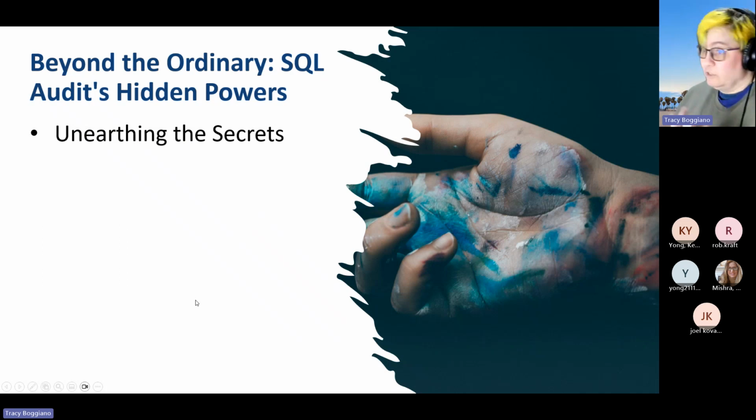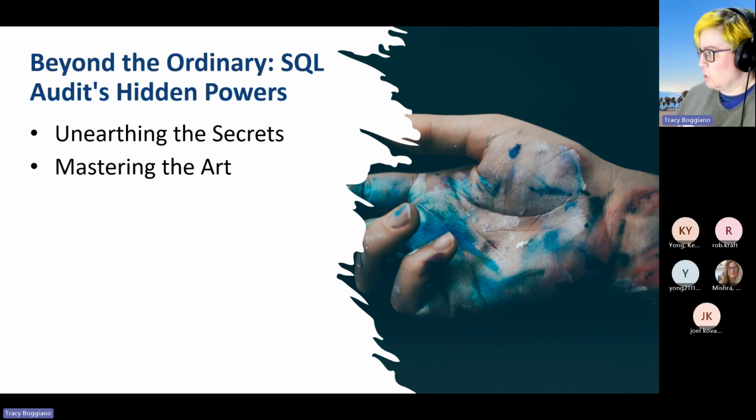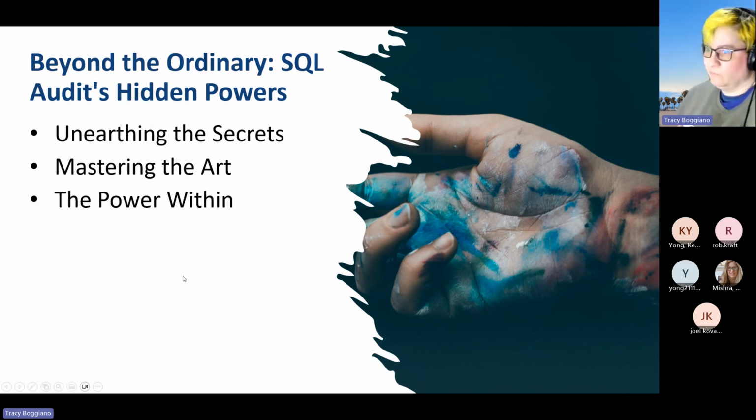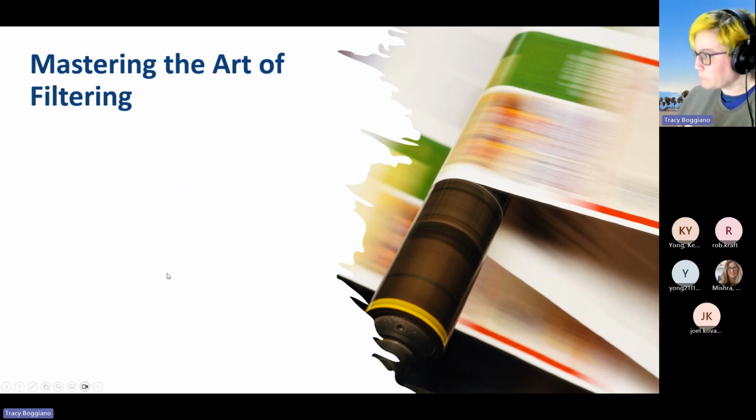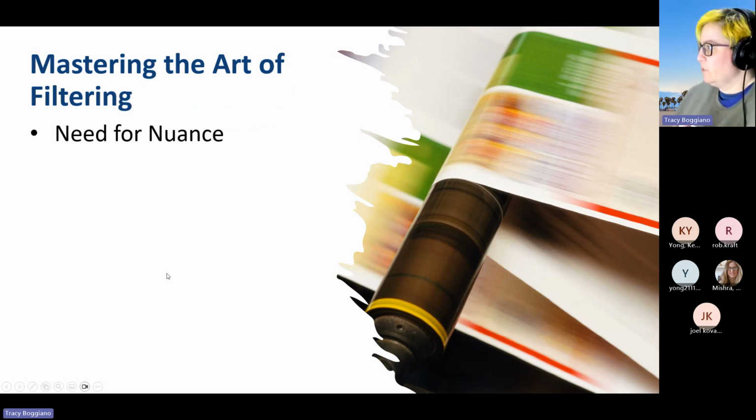One way is we're going to look at unearthing some of the secrets that make it powerful, which is mostly around filtering and how to do that. And we're going to master the art of that, and we'll see what some of the power within that is. Hopefully all that makes sense. So one of the things we notice is SQL Audit has some hidden talents, and one of them is in the filtering. So we think of this as a superhero's precision strikes that he takes when he goes in